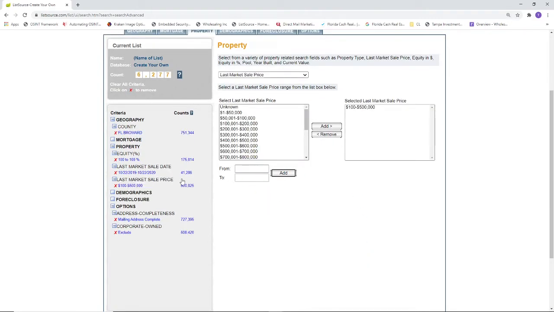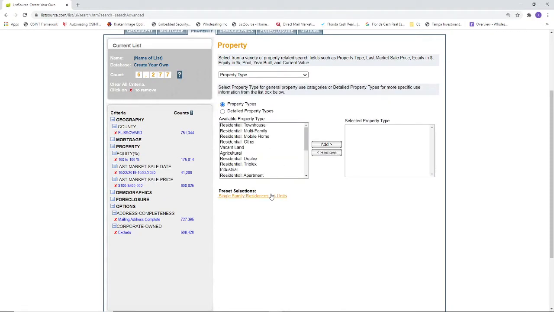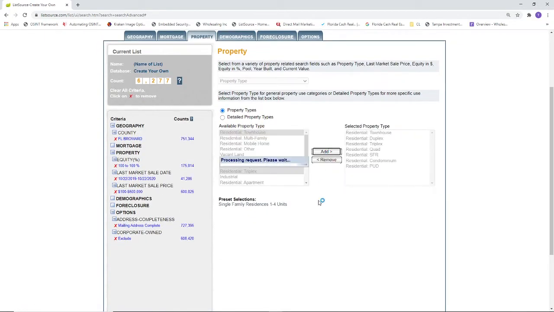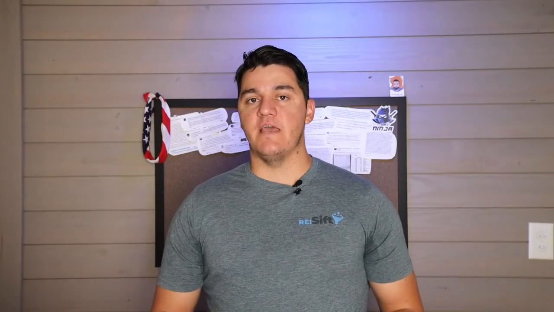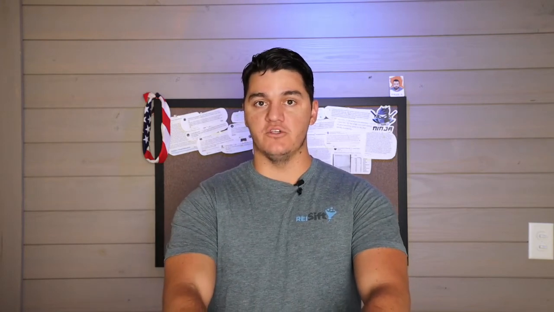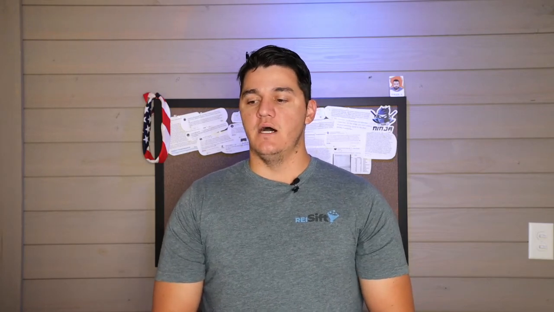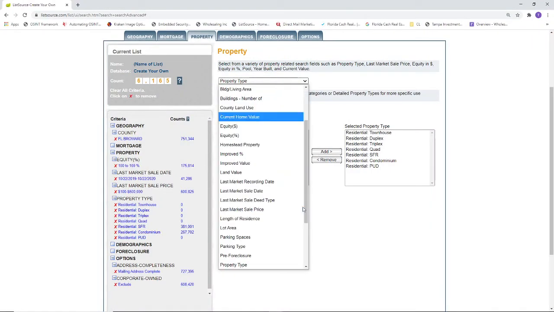So once that adds, we're going to go to property type, and we're going to keep it the same, single family residence, the preset selection 1 to 4 units. Now, if you want to pull out buyers that are buying larger multifamily properties, you might want to pull a separate list like you would for sellers to kind of hone in on those specific buyers. We're going to just focus on what we normally market to, which is single family 1 to 4 units. So we're going to go ahead and pull that on this list, but also just keep that in mind, just a little tidbit of information in case you want to use that. Okay, so after that,